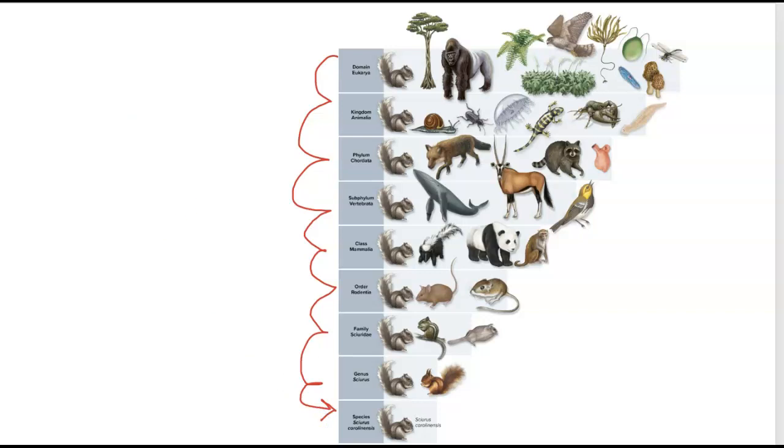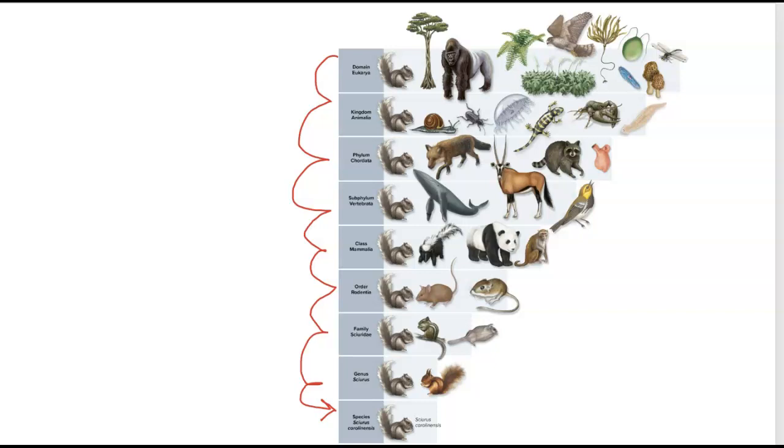You're very, very specific. So notice at the domain level, you have a lot of different things in that line. There are a lot of different pictures of living organisms. And then each time we take a step down, there are fewer and fewer organisms because we're getting more and more selective about who can be in this next category based on their traits, shared evolutionary traits, things like that. Okay? So again, getting more specific as we work our way down.